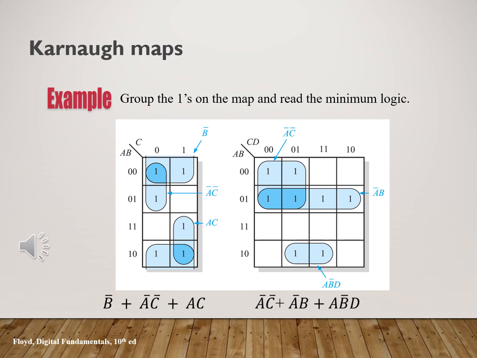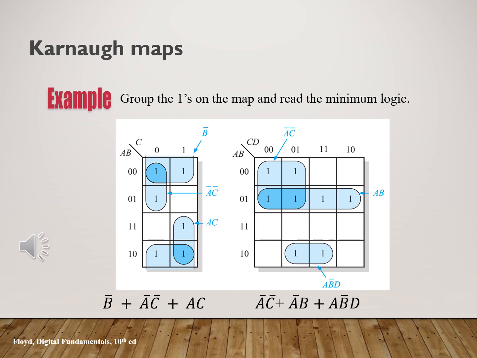So for that wraparound group, you have B bar as the result. So you'll have a B bar. For the first one it was A bar, C bar. For the second one it is B bar. And now the last one. So the last one you can say it is A, B, C and A, B bar, C. Okay. So here the B changes as B and B bar, but A and C remain constant. So for that you have an AC.